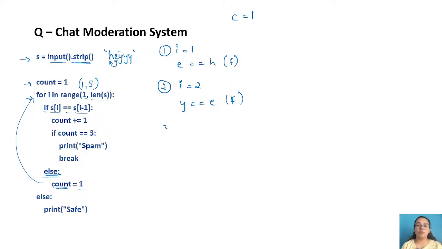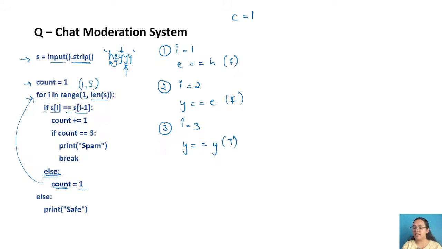Now again we have to move to the third loop. In the third loop, you have i equals 3, right? Again we are on this y currently, and y is equal to the previous value, which is also y. So are these same? Yes, these are same.